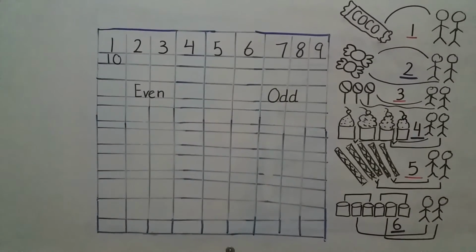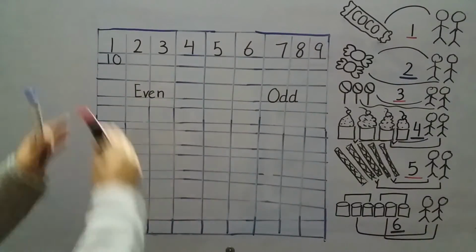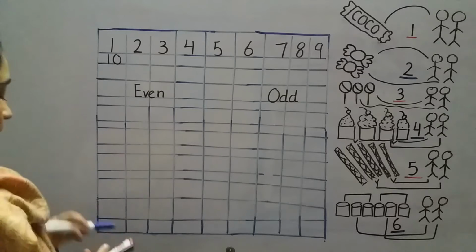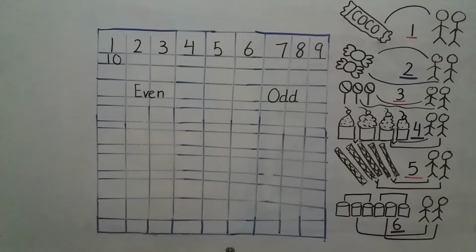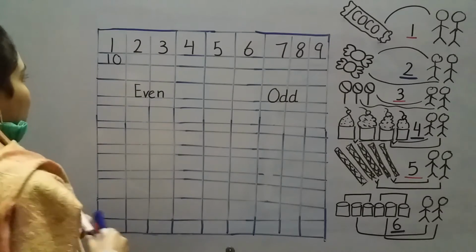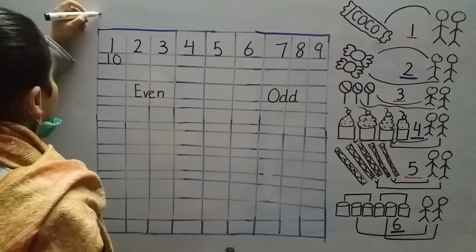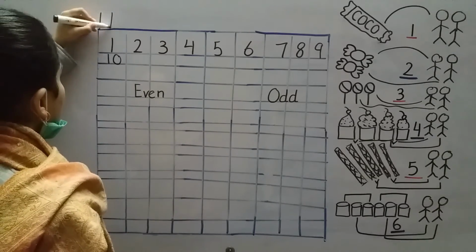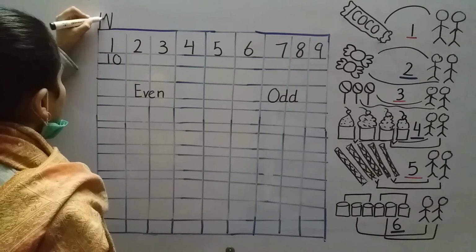First of all, we will write the day, then the date, and we have our activity over here. This is how your workbook page looks like. I have 2 colors with me. I have a red color for the odd numbers, blue color for the even numbers, and I have a pencil with me. But first, let's write the date. Today is Wednesday. Drawing 2 lines like this, joining them with slanting lines.